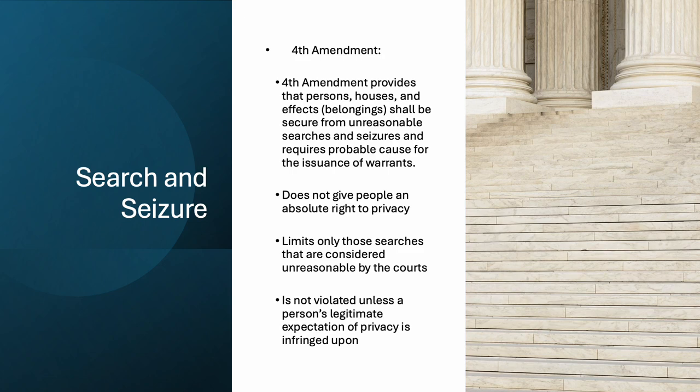Now, search and seizure, again, we talked about it, constitutional policing and the impact of it. The foundation of search and seizure relates specifically to the Fourth Amendment. The Fourth Amendment, without question, is the foundation of the United States Constitution that protects individuals' rights from unreasonable searches by the government, and it ensures that warrants have to be put into place. It does not give a person an absolute right to privacy. And what does absolute right to privacy mean? Well, it's not guaranteed that a person has a right to privacy. It protects against invasions of privacy that are deemed unreasonable, but your home can be searched if you're involved in crime. Your business can be searched if you're involved in crime. So there is no absolute to it.